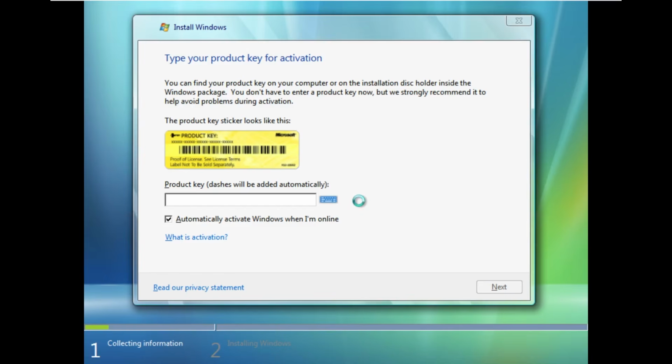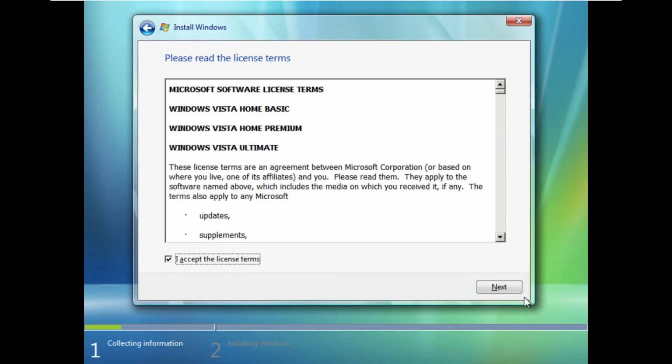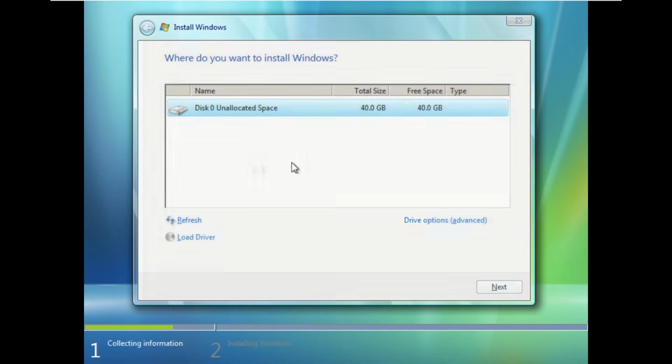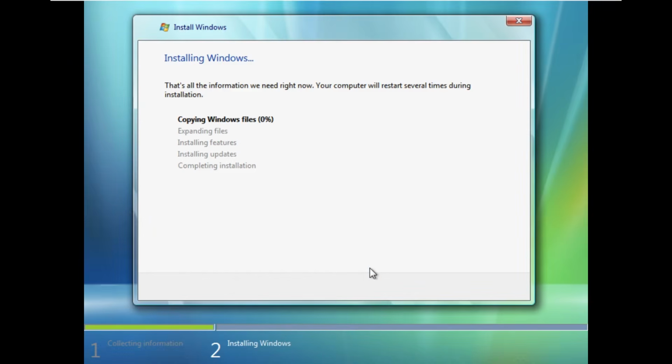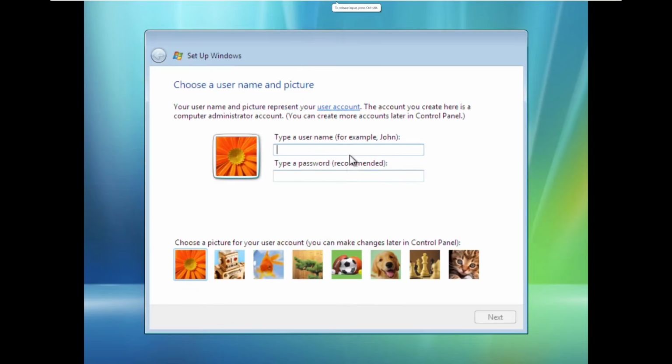It should then ask us to pick what drive we want Windows installed on. I lied about that. First we actually have to accept the terms. Now we can pick the drive, and now we're installing. So we'll let this run, and we'll see if we're brought into an out-of-box experience, or if we're brought into the desktop. Alright, and it did bring us into an out-of-box experience,